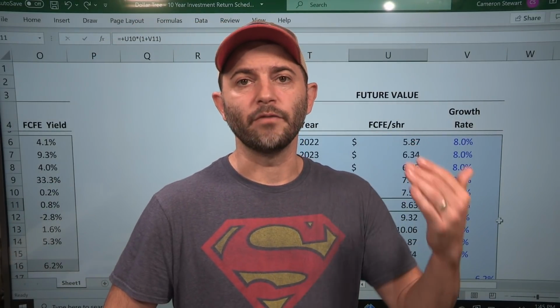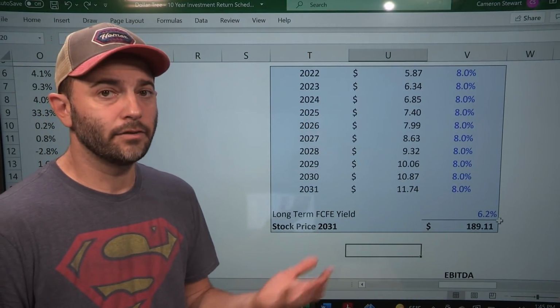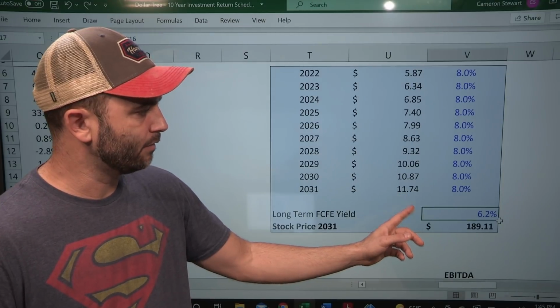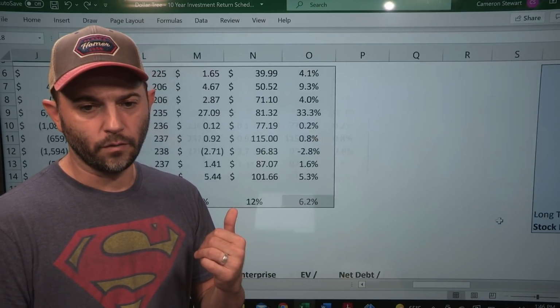So any revenue growth that they get, any EBITDA growth should pass through to the cash flow statement. They don't have much debt, so it's going to fall to the equity holders. So that's going to grow to $11.74 per share. 6.2% is the average yield that they've experienced over this time frame